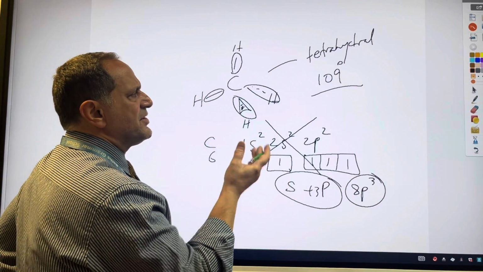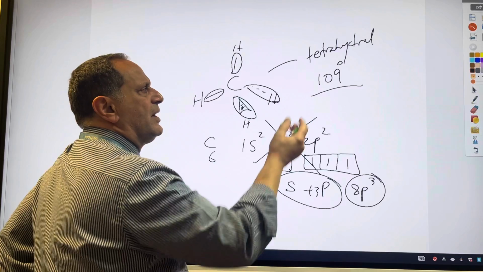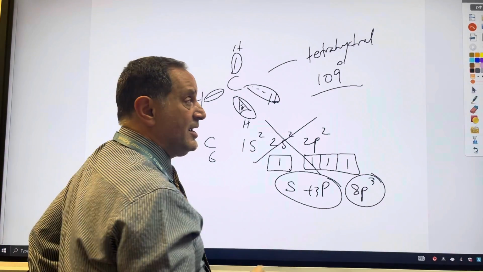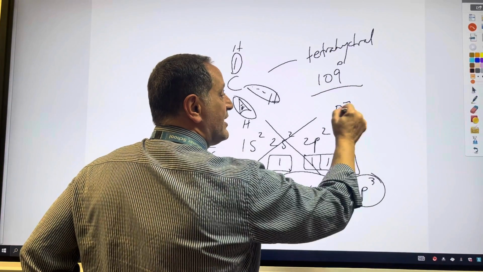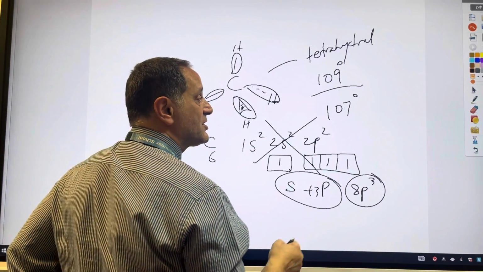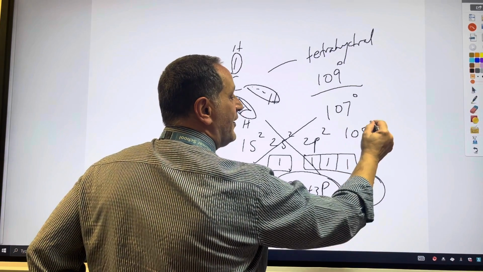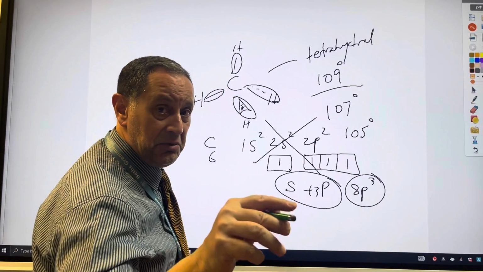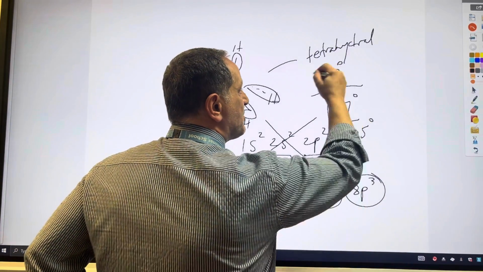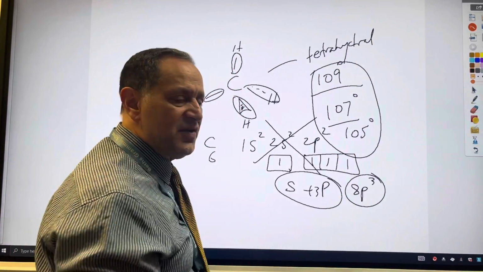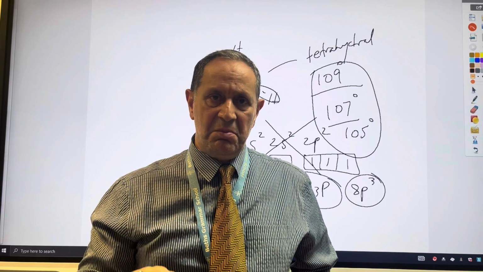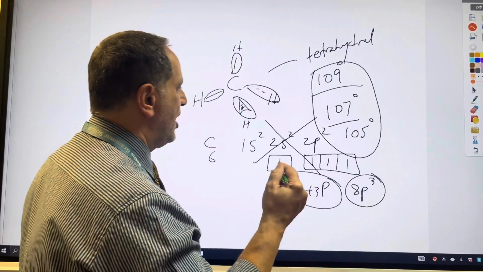Maybe there is a pattern here. When there is no lone pair at all and 4 bonds, you have 109. In ammonia, it was 107, wasn't it? 2 degrees tighter, because there was 1 lone pair and 3 bonds. And then in water, it's 105, again 2 degrees tighter, with only 2 bonds and 2 lone pairs. So remembering these numbers is perhaps not as difficult as you thought it might be. But just remember, of course, there are other things,